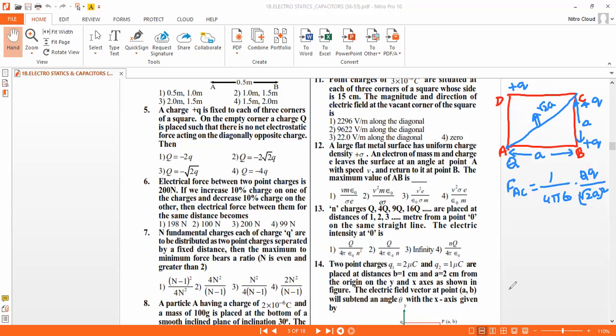You can see this force is acting in this direction, and here we are having a force in this direction. Now we don't want this force. In this diagonal we are having this force. Now we can say that here the force is...